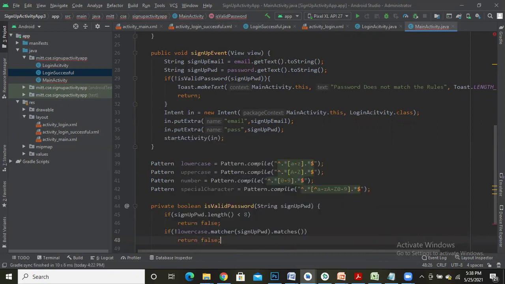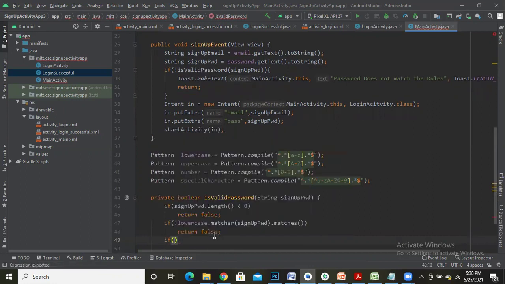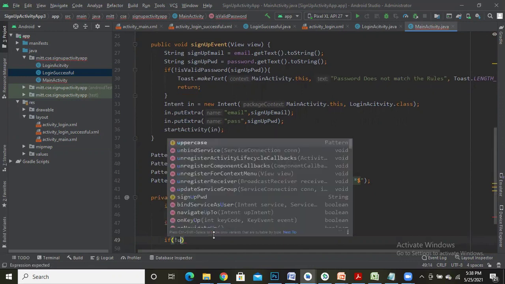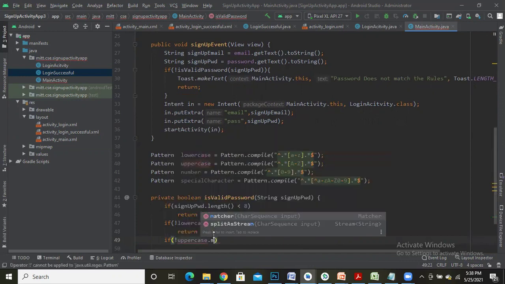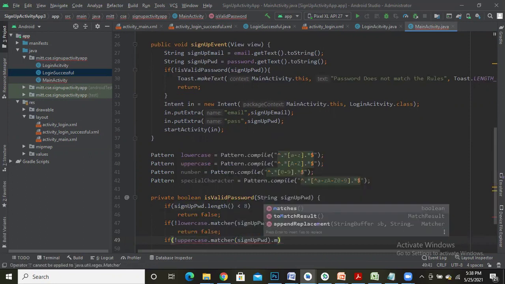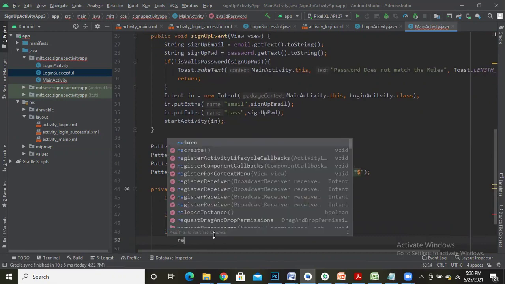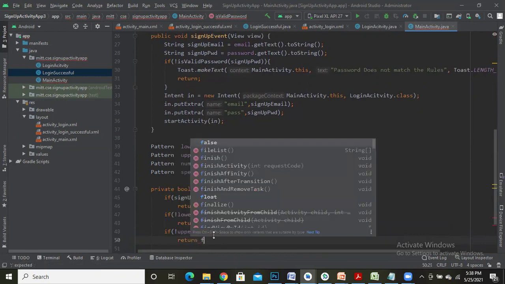Return false. Similarly, if not of uppercase dot matcher, signup password dot matches, if this is not going to match, once again return false.